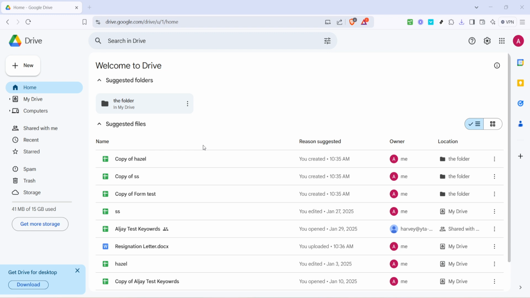First, you'll want to open Google Drive on the account that currently owns the folder you wish to transfer. To do this, navigate to the Google Drive homepage in your web browser. Make sure you're logged into the correct account so you can access the desired folder efficiently.